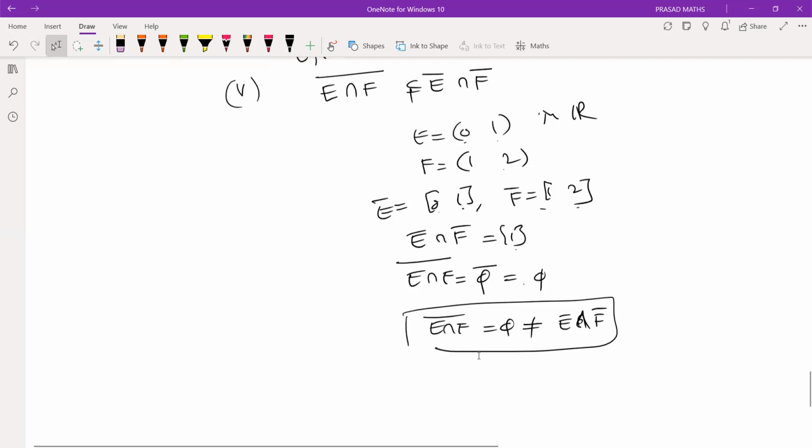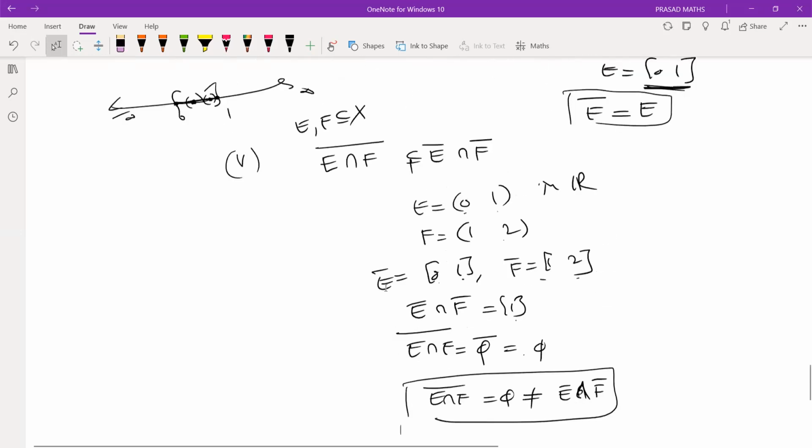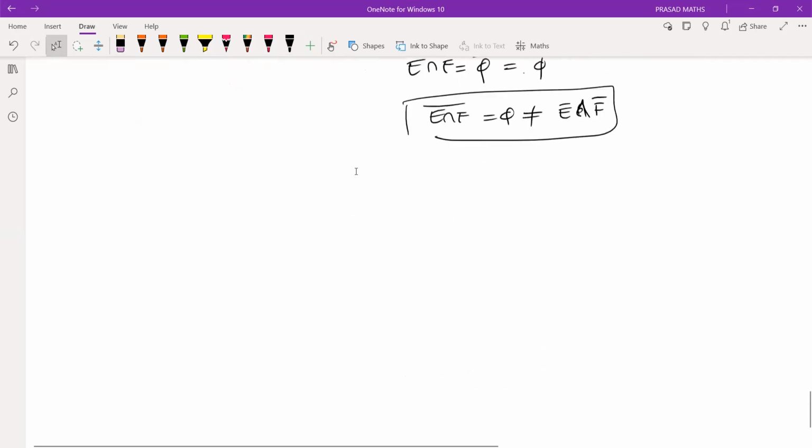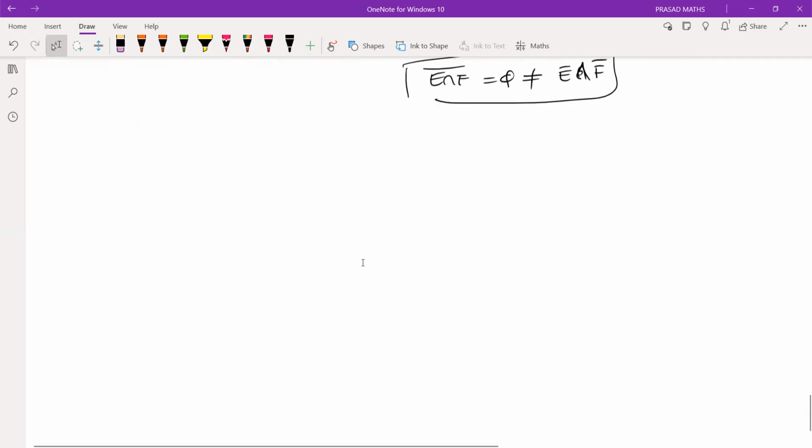Yes, sir. Clear. Okay. Again, this is true for only finite collections. You can give any counterexample. You take 1 by n plus 1 by n. This is true for only finite collection. You can take an example also. Right. Next is